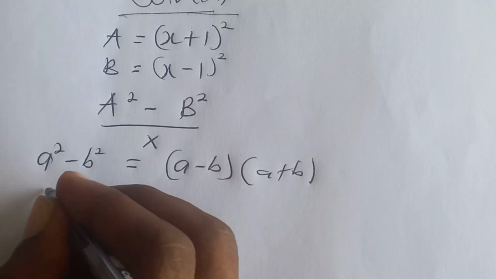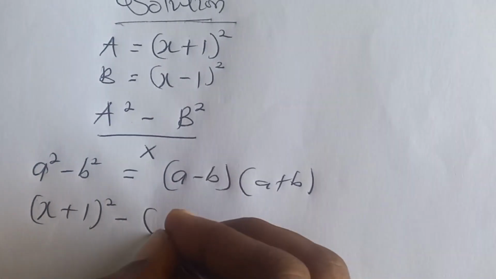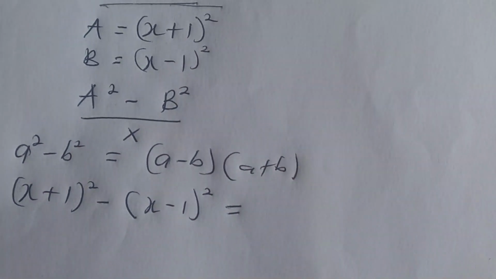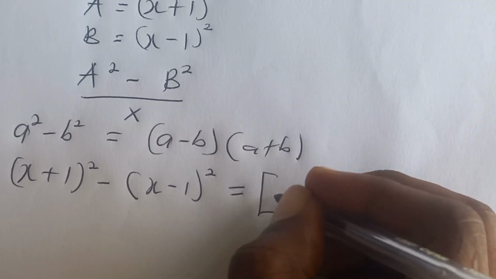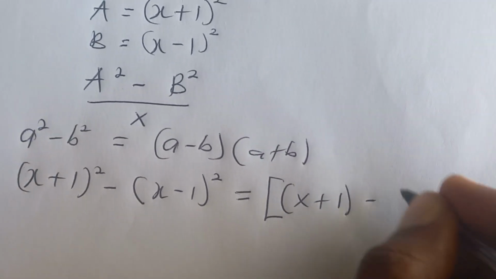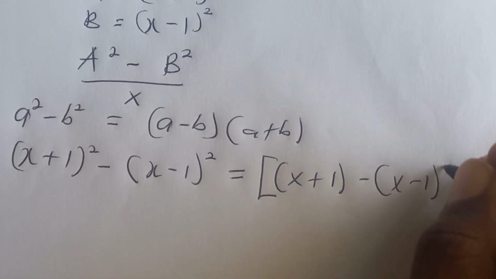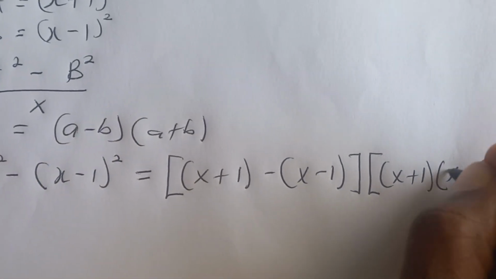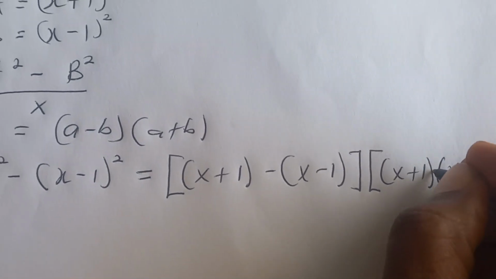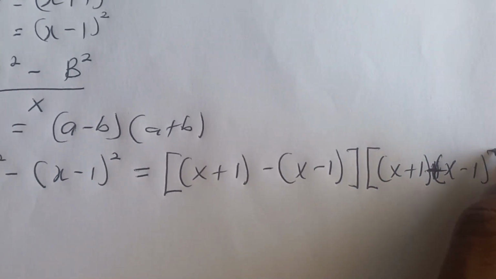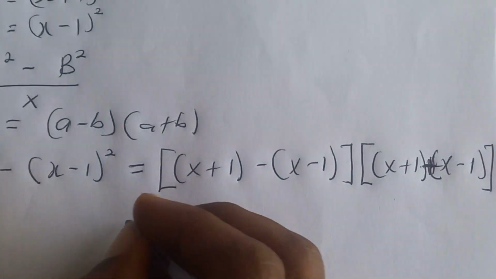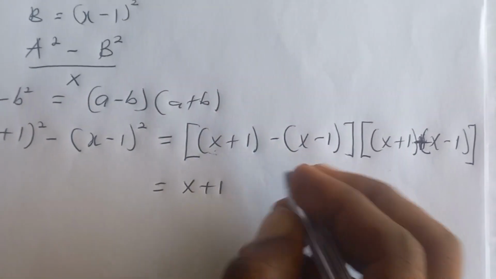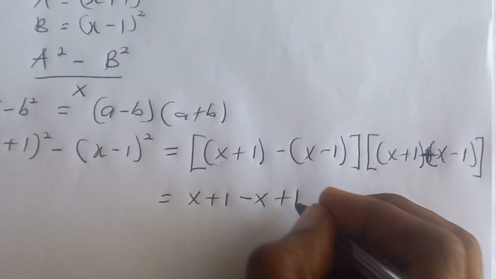x plus 1 all squared minus x minus 1 all squared, which is equal to bracket open x plus 1 minus x minus 1 bracket close, then x plus 1 plus x minus 1, sorry, so here should be plus. Now let's simplify this, which is equal to, we have x plus 1 minus x plus 1 like this,